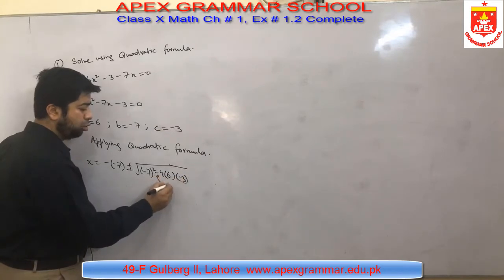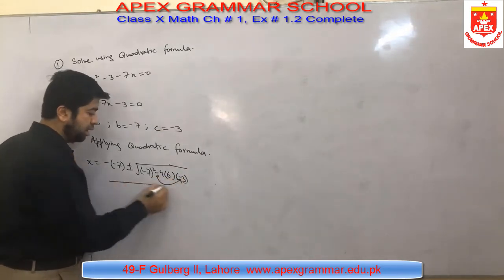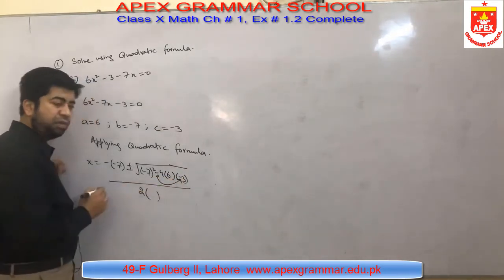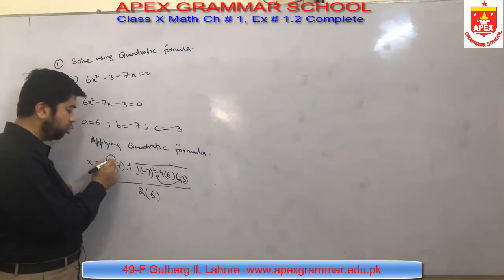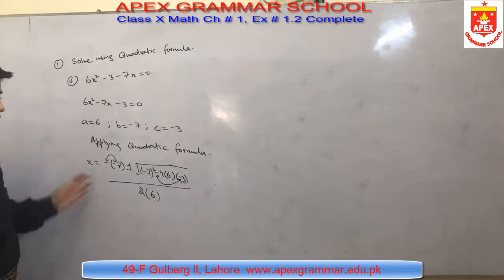Again, this minus is going to multiply with this minus, divided by 2a. What is the value of a? See that this is 6. Now this minus is going to multiply with this minus. This becomes